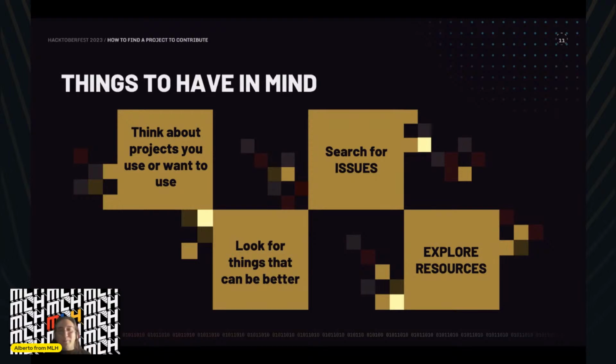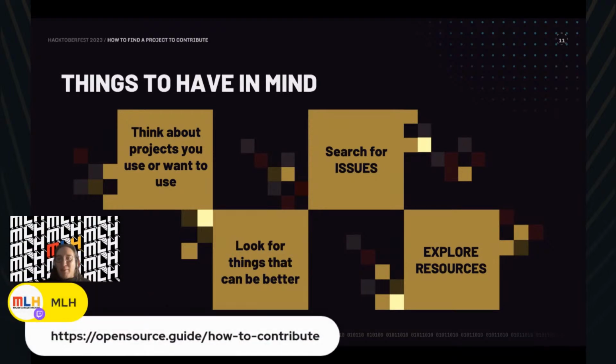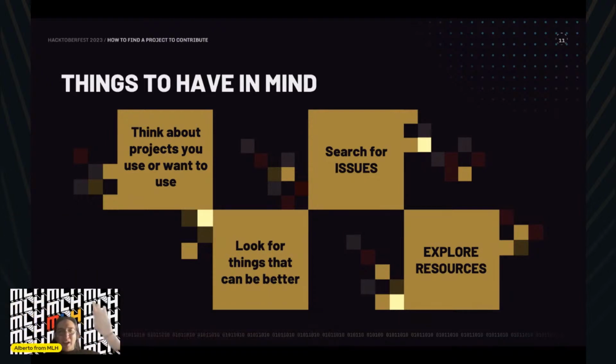So if you have opened this one and you scroll down to the finding a project to contribute section, you will see a list of resources, links that can help us find these projects, right?